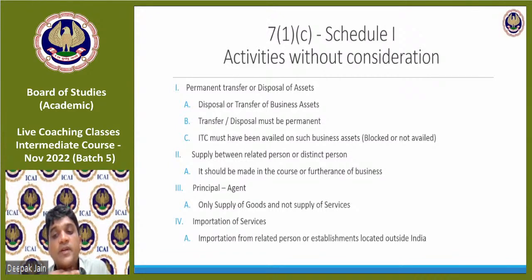So in case of separate registration for each branch, do we have to pay GST for both branches on supply made? If I'm doing a transfer from branch A to branch B, will I not pay? No, branch A will collect from branch B on the invoice, and branch A will pay to the government. Branch B can claim the credit, right? So it is not like a burden. It's like a benefit. When you transfer with GST, you are paying to the government and the other branch is claiming the credit.